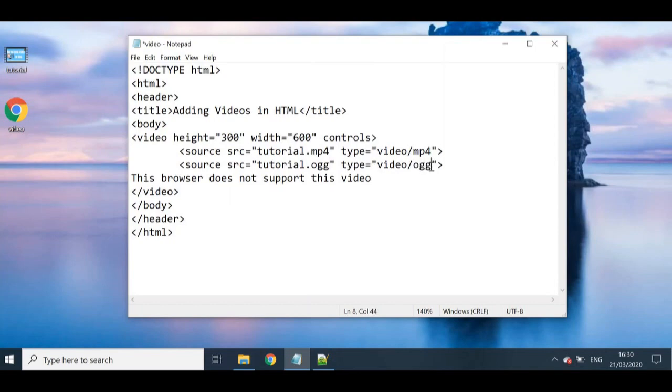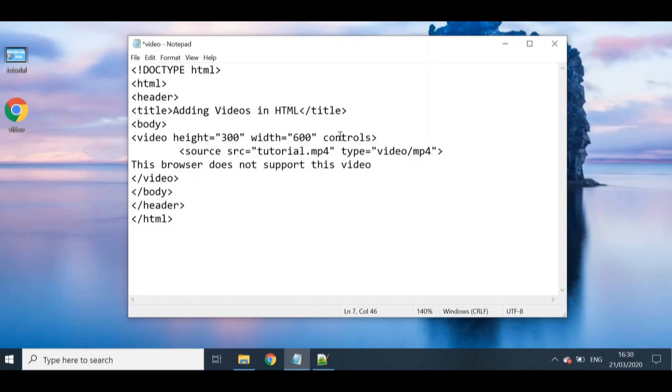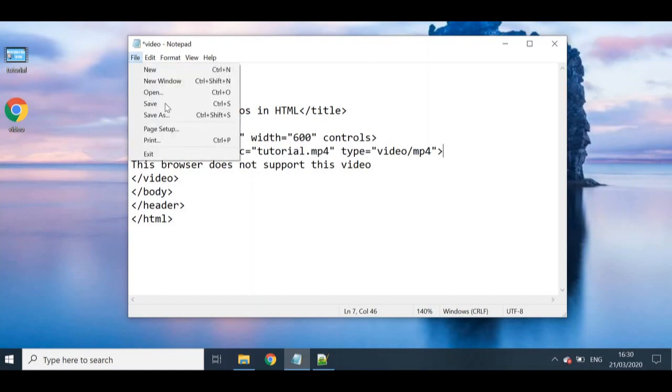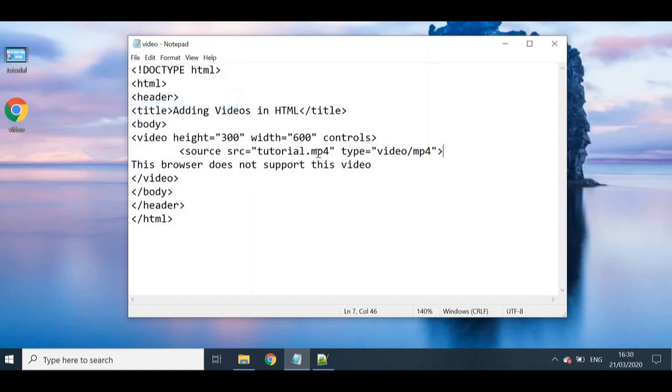What this allows for is that the browser can actually choose the format it recognizes. So if it doesn't recognize MP4, it's going to choose the OGG one. So this is actually optional. It's if you want to put in both of them, but I'm just going to use the MP4 one. So now that that's out of the way, we can click on File, Save, and let's test this out